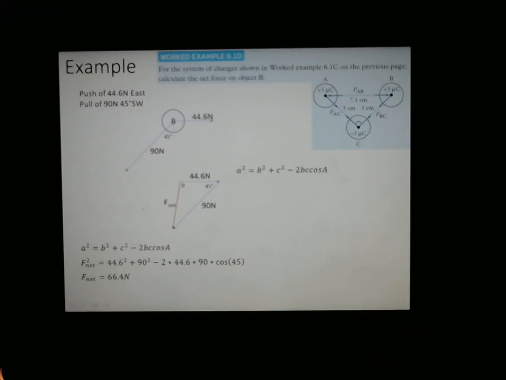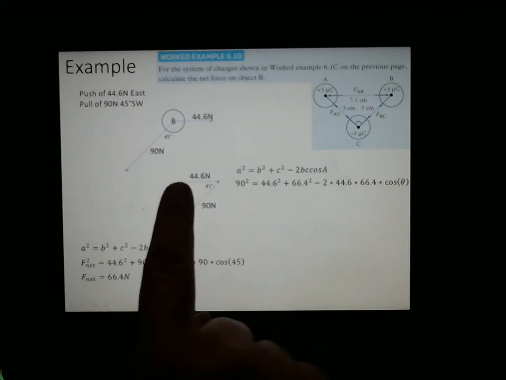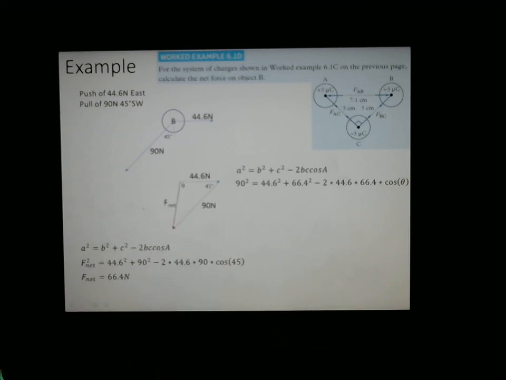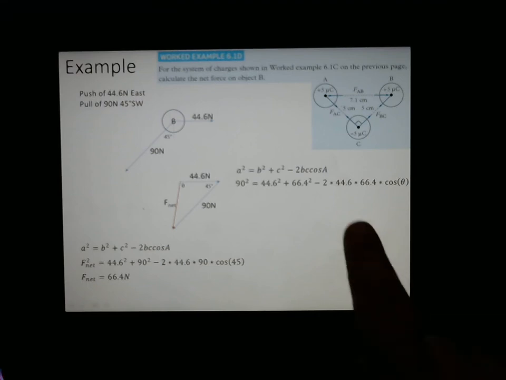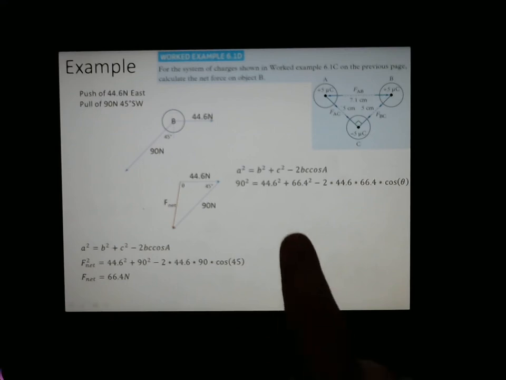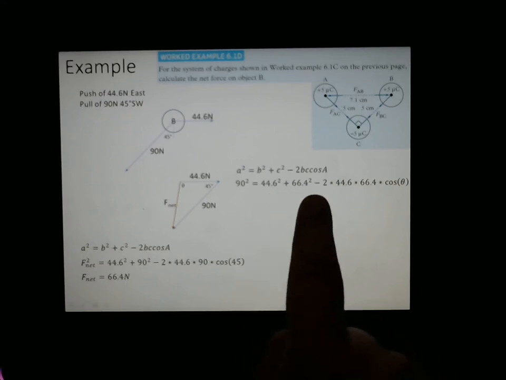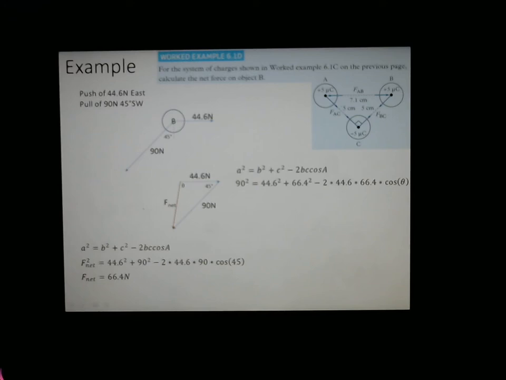So again, same formula, but this time my A is going to be the 90. It is opposite the theta. So 90 squared equals 44.6 plus 66.4. Those two don't matter whether you use, we could have swapped them around because it'd be the same answer, because again, a times b equals b times a, and here we've got a plus b equals b plus a, even though they're squared, it's still the same thing. Take away 2 times 44.6 times 66.4, the symmetry there is just a coincidence, times the